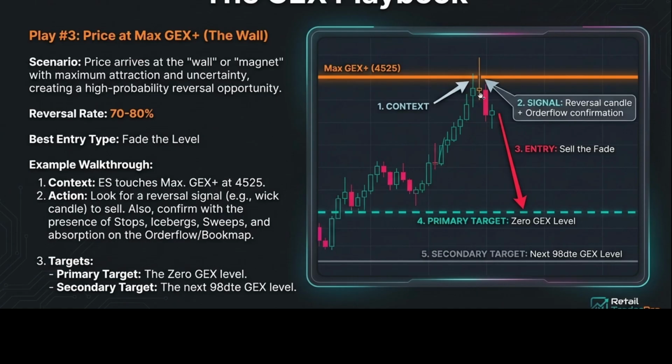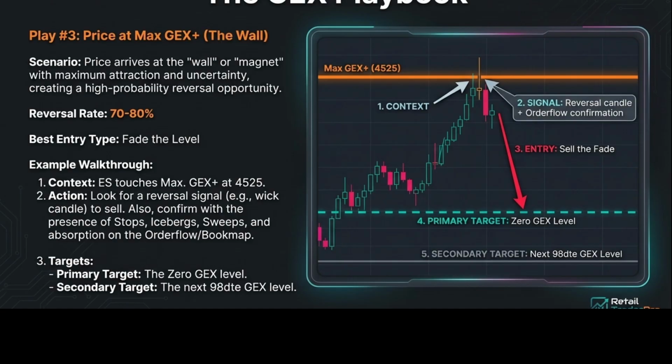If you compare the effect of the price here, there is a 70 or 80% chance that the price reverses rather than breaks the level. In this case, we have to go with the probability, and we want to take a short position here. The best entry is to fade the level, when you see some pin bar, when you see a spike bar,